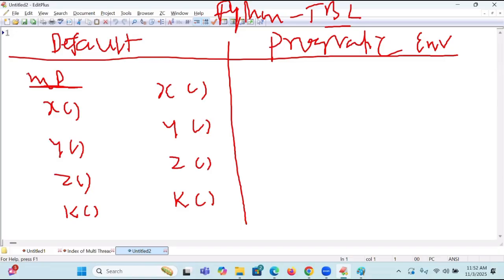So coming to this place, once a Python program starts executing, which component will come into the picture? The PVM. The PVM will execute the program. The PVM initiates one thread. That thread will be initiated by the PVM, and the X function is going to be executed by this thread.